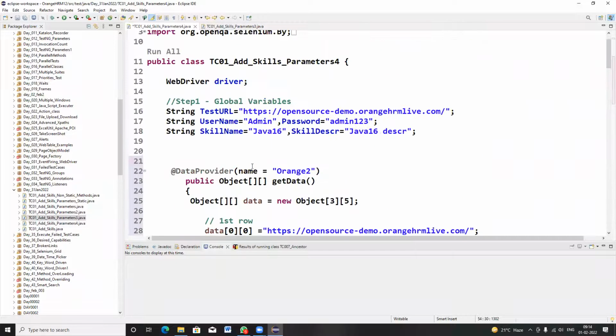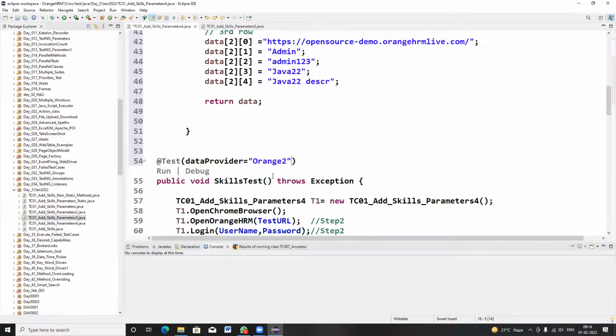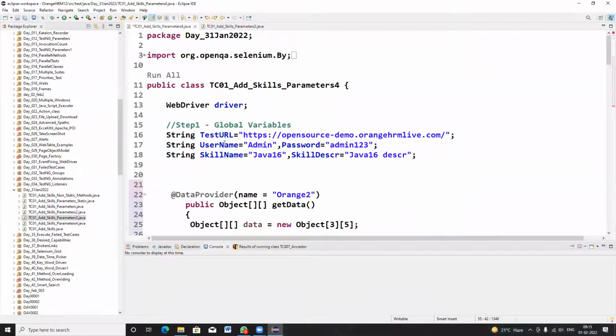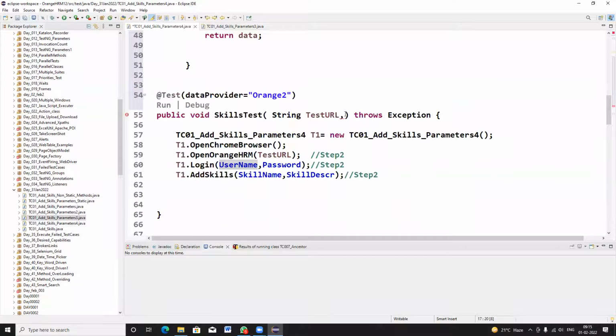And in step 3, I have to declare all these global variables at method level. So copy. See how simple I'm doing.